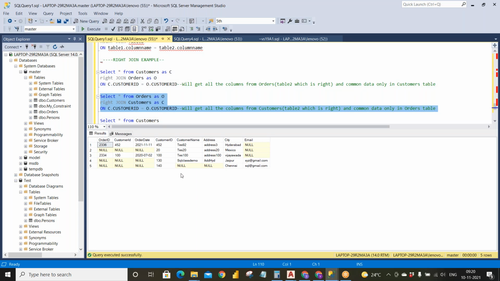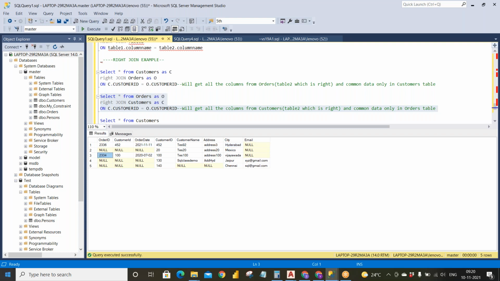If you see, we got all the data from the customers table and only the matching related column data in the orders table. Yes, so this is about the right join.